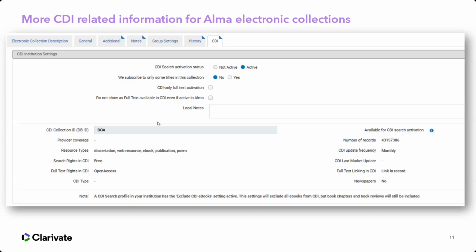This slide really was about how you can find information about CDI in Alma. The first place to go is the CDI tab. In some cases, there's a lot of information here, and this means that this collection is indexed in CDI. You get all the configuration options at the top. These are editable if you have the rights in Alma to make changes. And at the bottom, you see some more information about